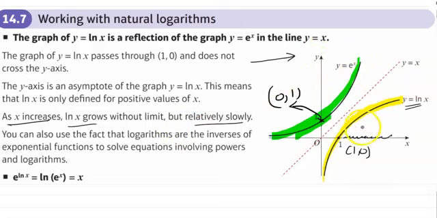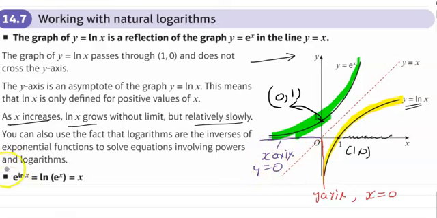Okay, so here we are getting asymptotes. Here see my red ink. So for the yellow graph, the asymptote will be this red line. Okay, and this is the y-axis. So the equation of the y-axis will be x equal to 0. And for the green graph, the asymptote will be this purple line. So if you see here, this will be the asymptote, and this asymptote is basically the x-axis,